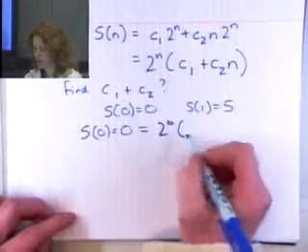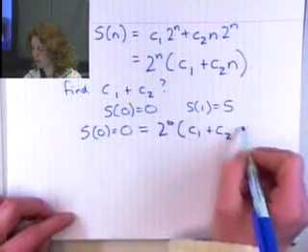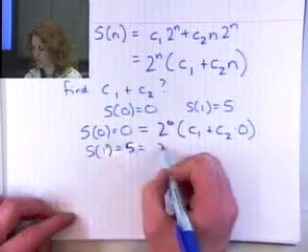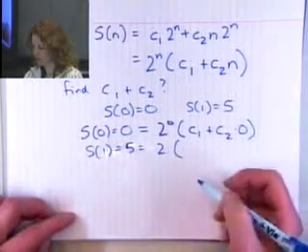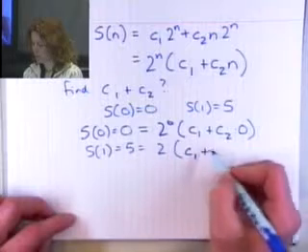So that means S of 0 is going to be 2 to the 0 times C1 plus C2 times 0. And S of 1 equals 5, which is going to be 2 times, obviously I'm going to have a fraction in here, C1 plus